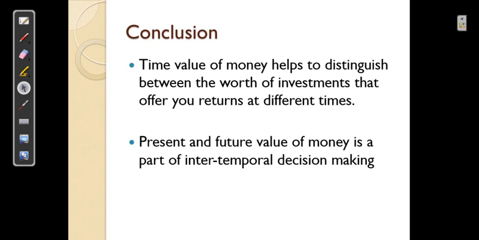Intertemporal decision making is a concept which is very useful because that's what most of us deal with. Intertemporal decision making means making a decision between 2 or more than 2 time periods. So you are not making a decision only in one time period, rather you're comparing your investment. Supposing you invest for 15 years today, and after 15 years you get the amount, or you are making a decision for your retirement today, you are actually doing intertemporal decision making.